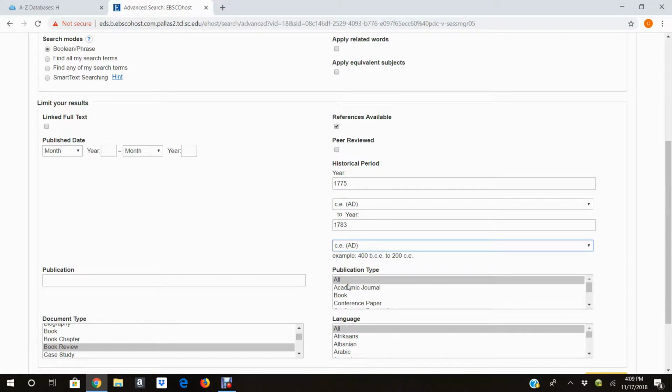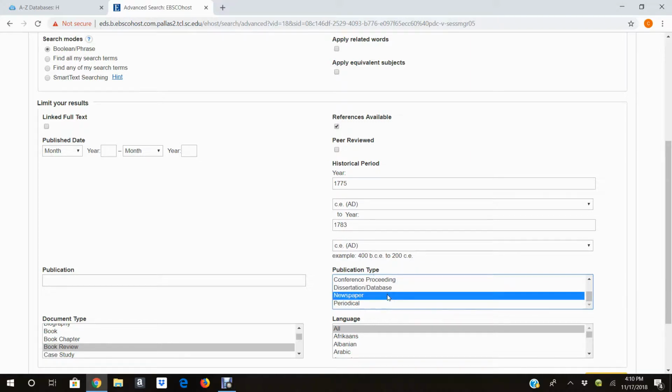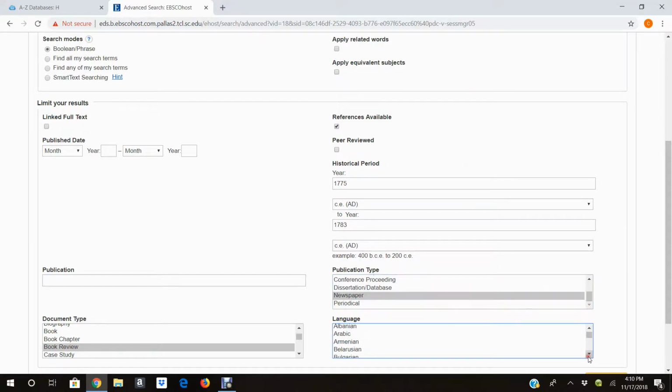You can also choose what kind of publication you are looking for material from, or what language. So I can narrow this down and say that I wanted material only from newspapers, or I want material only in Chinese. If we go back up to the top,